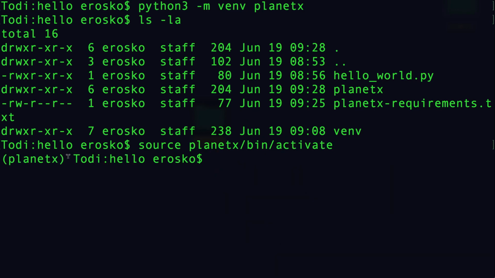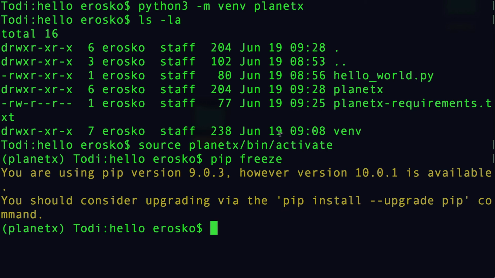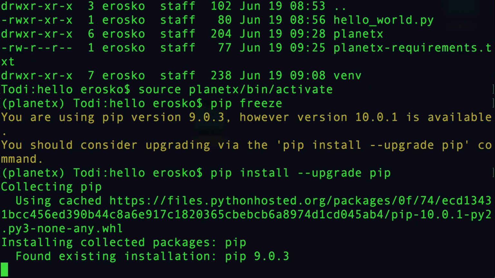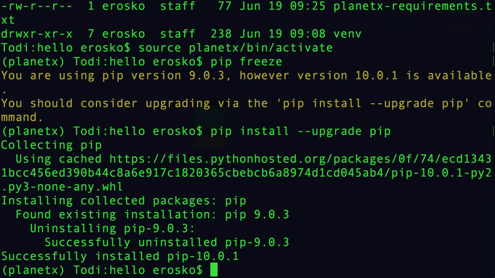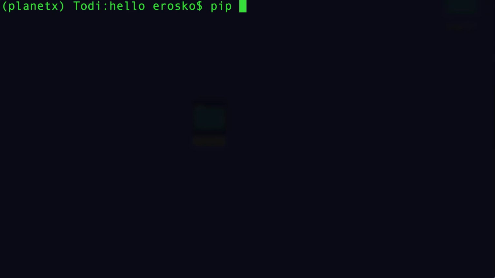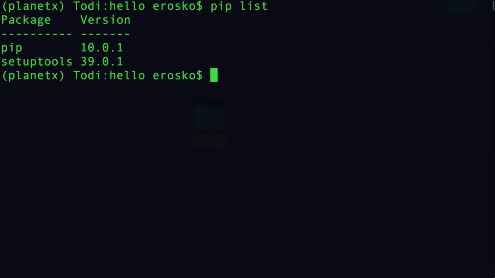And now I've got my terminal that says Planet X. And let's see what's in it. Oh, it's like brand new. There's nothing in it. Nothing at all. In fact, if I just type pip list, which will absolutely give me everything, I just see pip and setuptools,